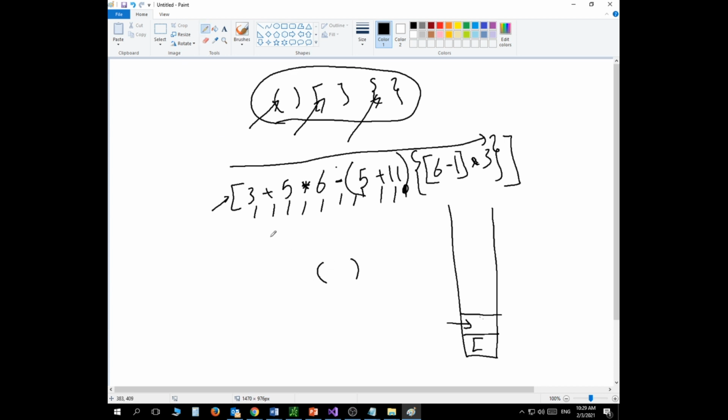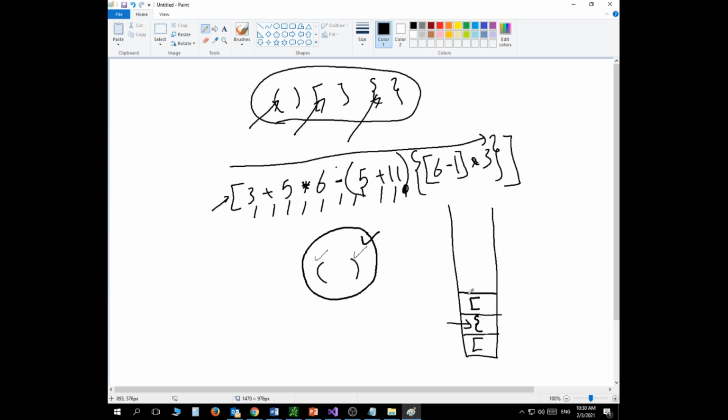If you find a match, that basically means the one that you just read was a close, and the one that you just topped from the stack was the open, that basically means you have a balanced one. So whenever you have this case, you just keep going with no problems. So let's keep going. Now we have a new open, a curly brace, and then we have another open square